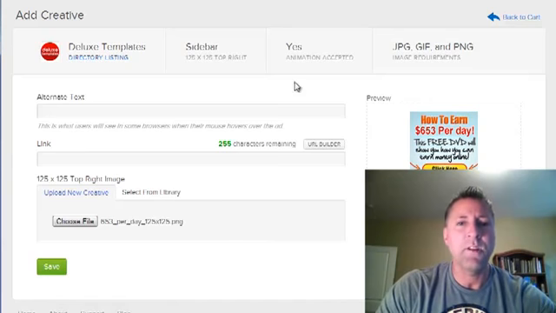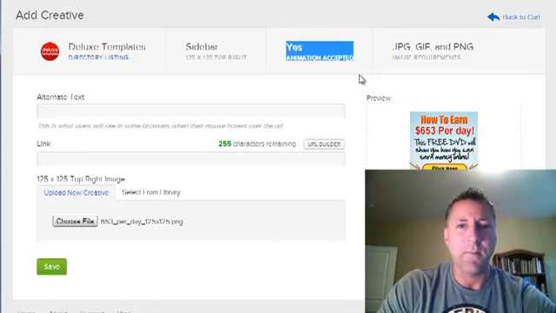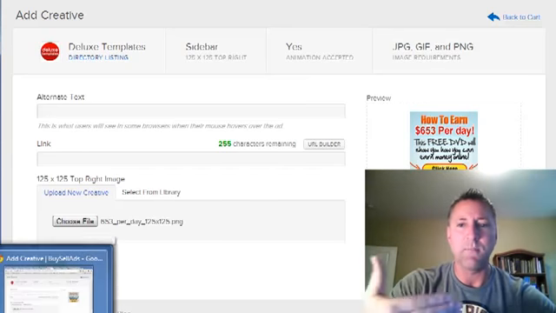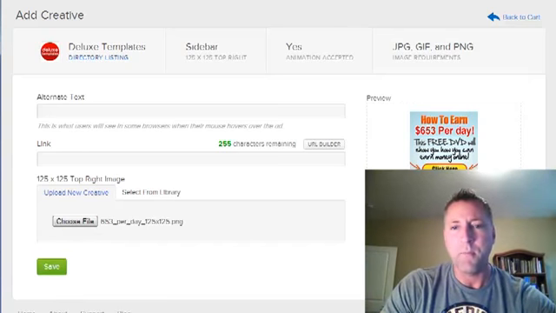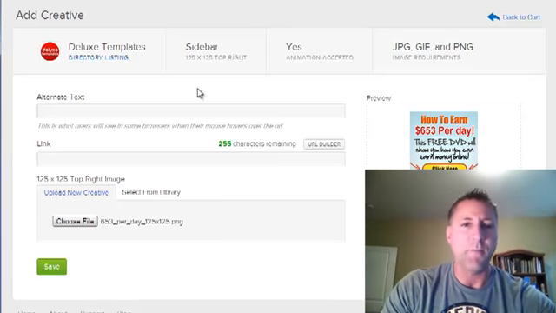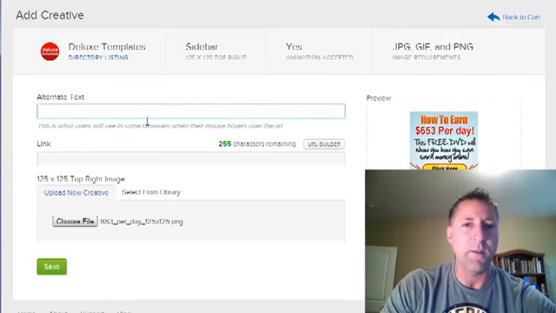One more thing I want to mention. You see this spot where it says yes, animation accepted. That's a good thing. If the site you're advertising on accepts animated graphics, then you can use what's called an animated GIF file. You can often find those in Google Images, ones that blink or have the arrows flash. I'm not going to take the time to go find one, but the button might flicker or the arrows flash on and off. That will grab someone's attention more than just a static image. So keep that in mind if it accepts animation.